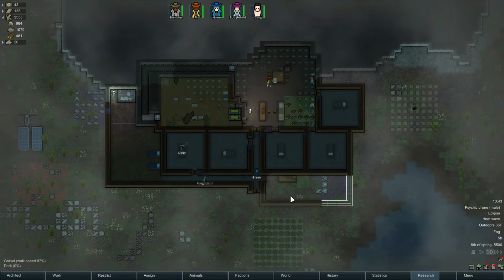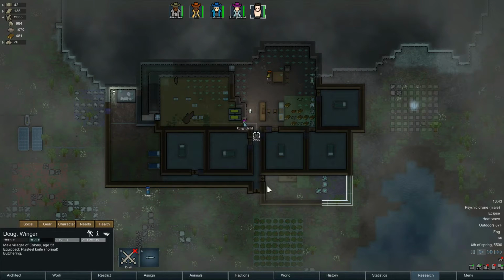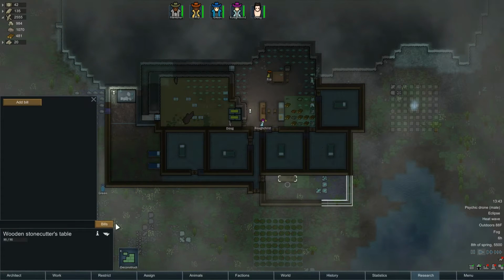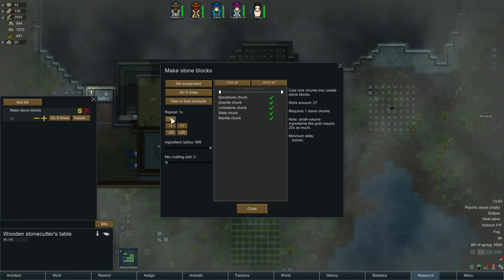We'll see what happens when Doug wakes up here. I'm going to put this down to 1 since everybody's up and going now. Doug is butchering. Awesome. Okay, so we've got our stonecutter's table open, so we're going to go in and tell it to make stone. This pauses the game, by the way, whenever you bring up one of these windows. I'm going to tell them only to do limestone right now. So that's all I'm going to pack in there, so that's all I want them to actually do. And I want it to do it until we have...